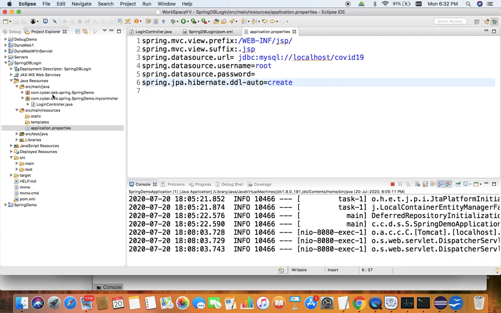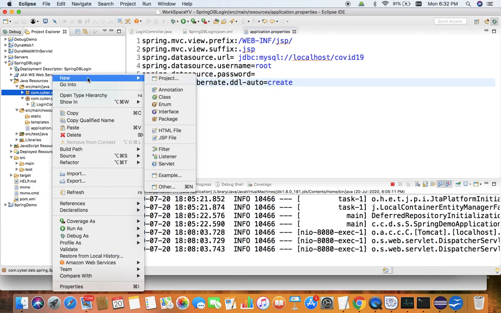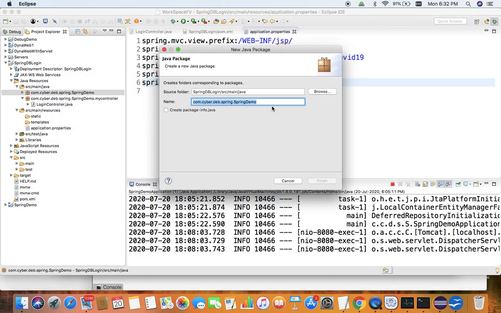We already have the controller part with the controller package. Now I will add a new package for entity. A package I will create first. For every table we need to have one class that is going to be called an entity. So new package, I'll mention at the end dot entities.